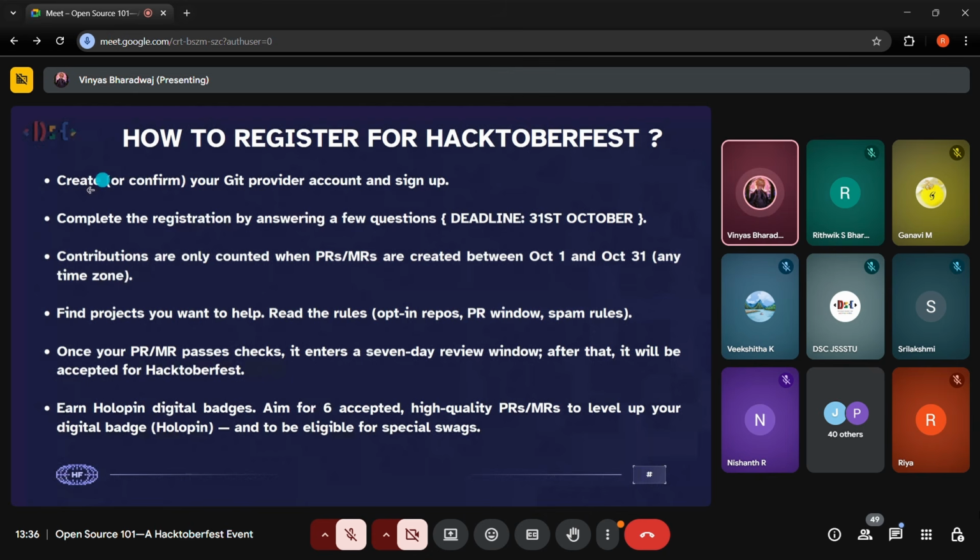Once you have all of this set up, you need to find projects that you want to help. Like I said, you will find a lot of projects that are using React. If you want to contribute to any of those projects, then you just have to search for them, look for the issues that are created, then solve those issues. One thing to note about Hacktoberfest is almost everything is automated.